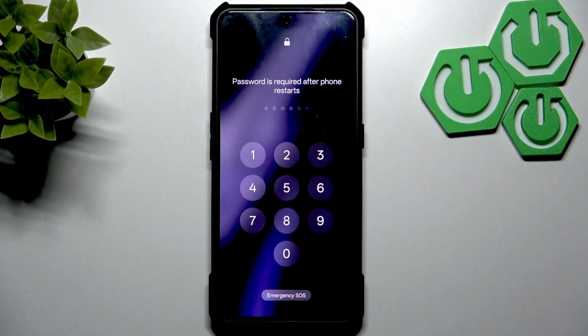This is the remote option of performing a factory reset operation. Now, if you can't do this, you can also perform a factory reset operation locally through the recovery mode. Now, if you don't know how to use the recovery mode, how to access it, how to navigate in it,